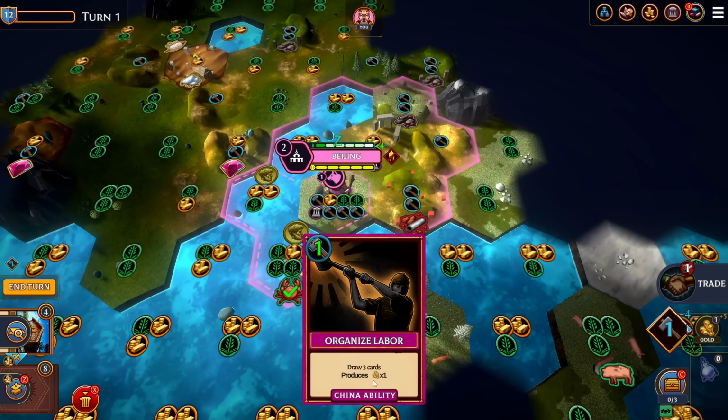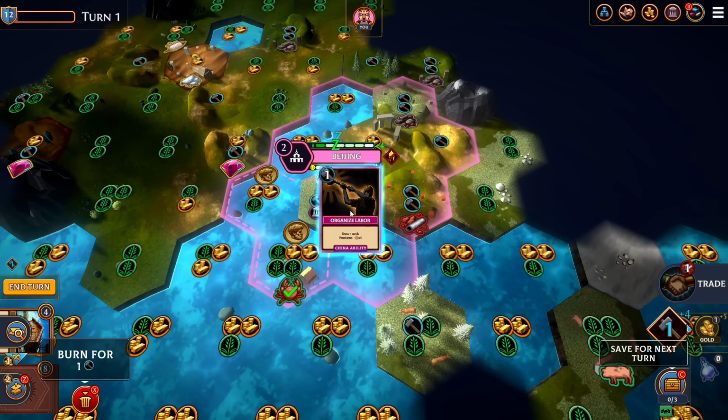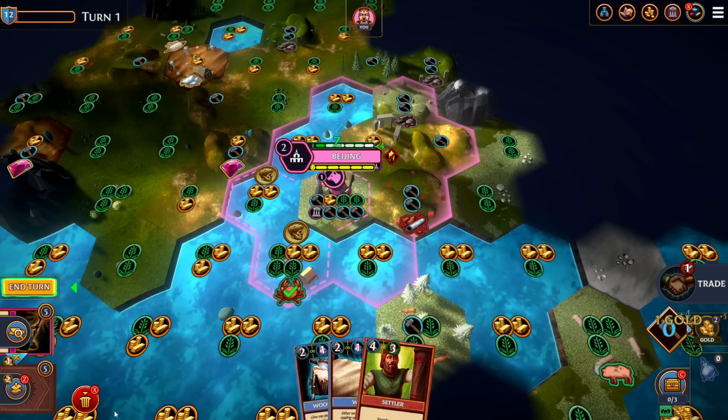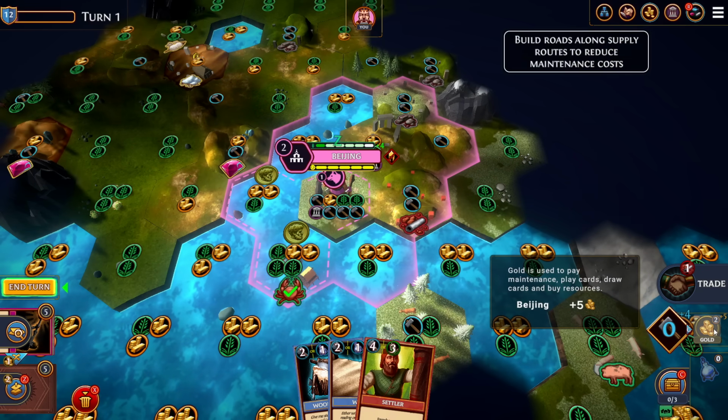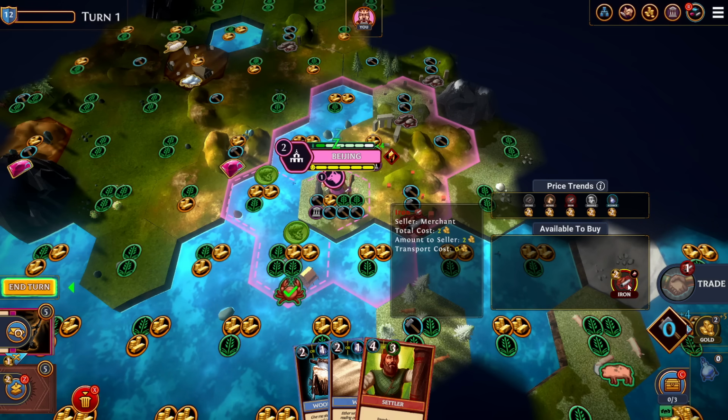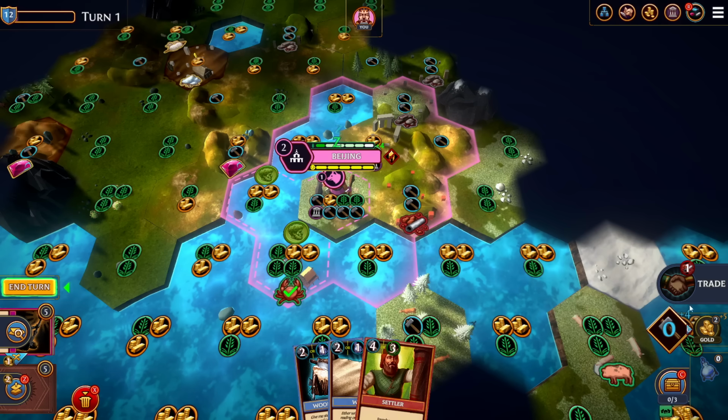I have 1 production. I guess I may as well play the organized labor. I mean, it's going to draw 3 cards, which I won't be able to play unless I decide to burn some of these, but I'm not gonna. But it did convert to an extra gold. And you know what? Why don't I use this gold to buy this iron? We'll keep it in our bank. Hopefully it doesn't get overspent at some point, but it might be...